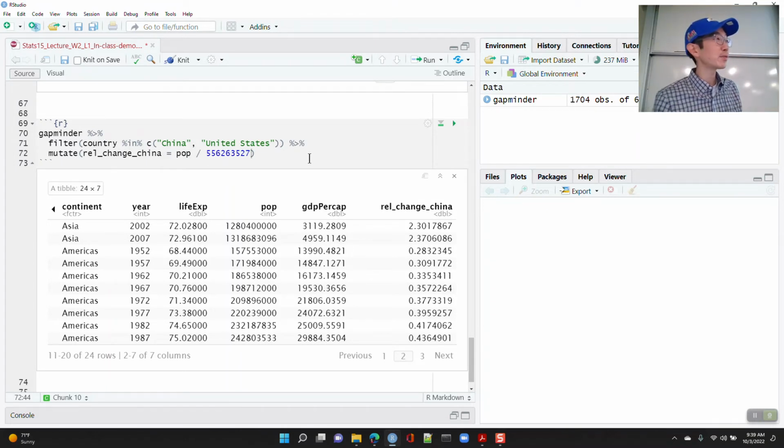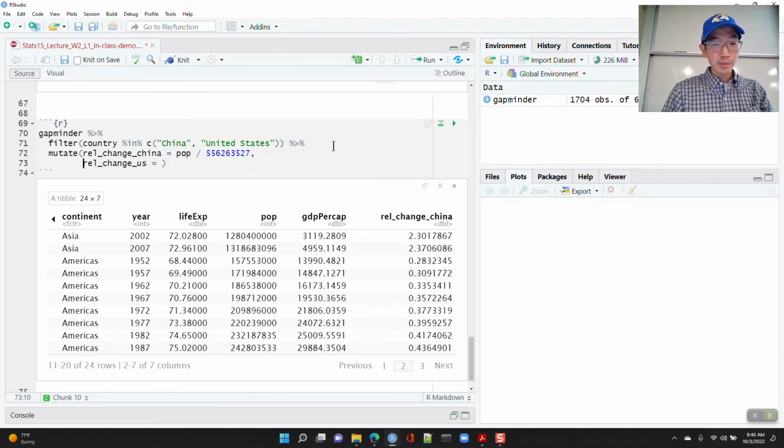But then we also need it for the United States, and the United States is going to be something different, right? So I can do relative change US, and this will be, I'm just going to put it on a second line, so make sure you put a comma in between things. Here I'm creating more than one variable, and we're going to do population divided by this. So we've got two different numbers here, and right now we're not going to be able to plot this